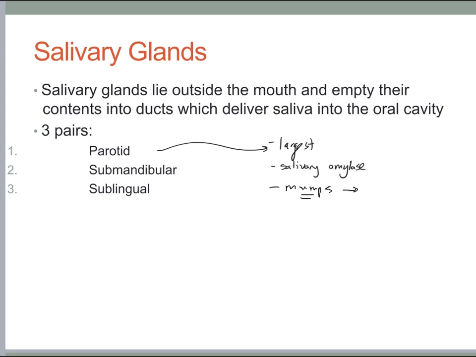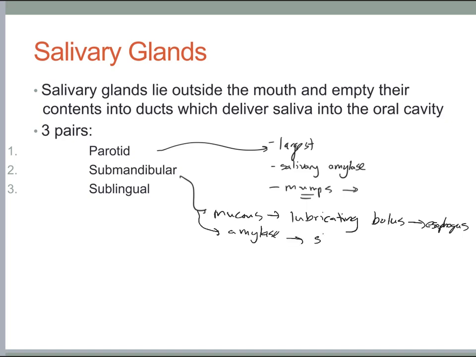Now, the submandibular gland is just that. It is located below the mandible. And the submandibular gland has two functions. It has mucus cells that are going to secrete mucus. So we'll see mucus secretions that serve the function of lubricating that bolus of food as it enters down the esophagus. The second constituent that it's going to secrete is salivary amylase. Again, we're adding another enzyme that's going to help start the breakdown of